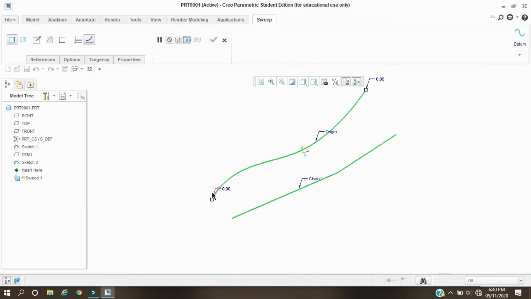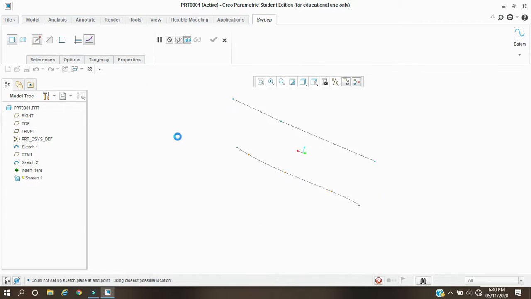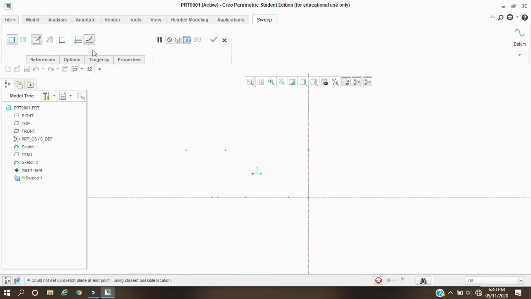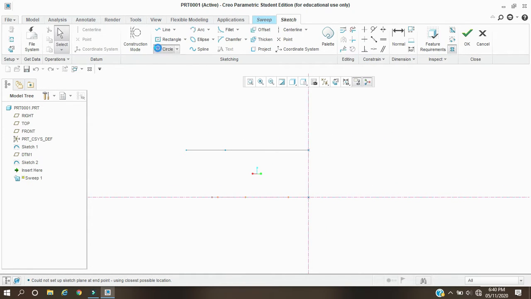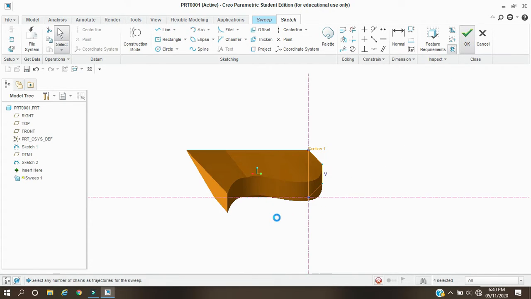So now we can draw the cross section over this point, then select the sketch and draw a curve. For solid we need to add a closed cross section.